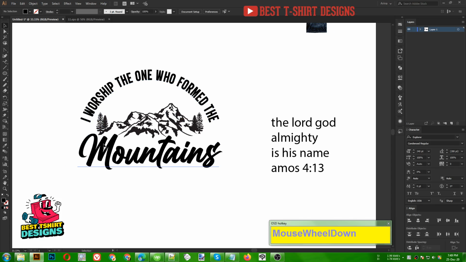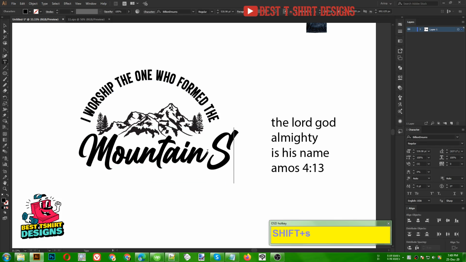But as you can see, this M is a bit bigger, this S is smaller than that, and that is leaving an empty area here. So I can simply fix that by making the last S capital. This is not following the proportion rules, but you see, a good design does not have to be perfect in a grammatical way. So this S is a bit bigger than the M here, and there is a bit of space between the text. So if I press